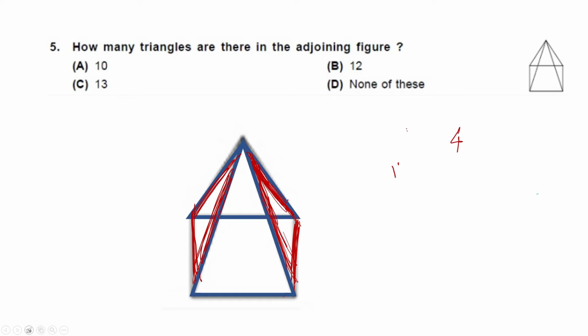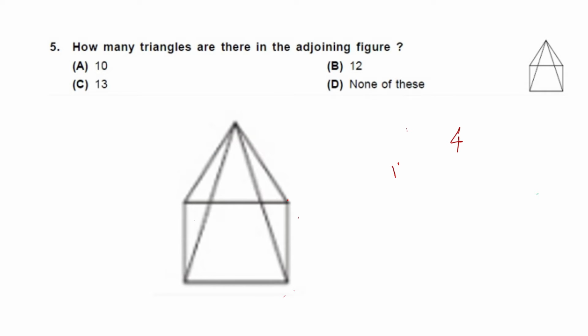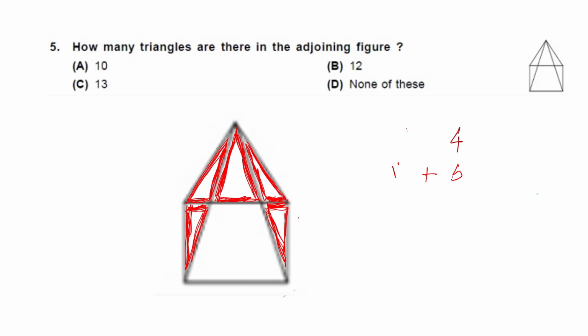Now let's clear this image and find the other triangles. Now I'm going to look at the smaller triangles without combining any. So here I have one, here is the other one, here is the third one, then I have a fourth one below and a fifth one on this side. So I can spot 5 more triangles. So let me add 5 to my previous count.